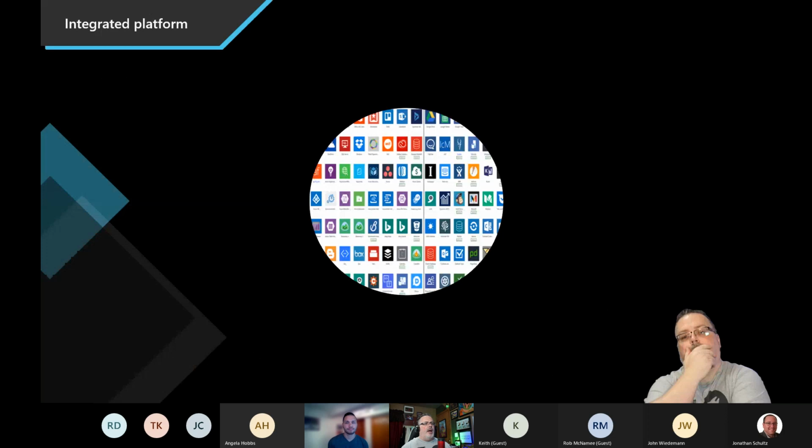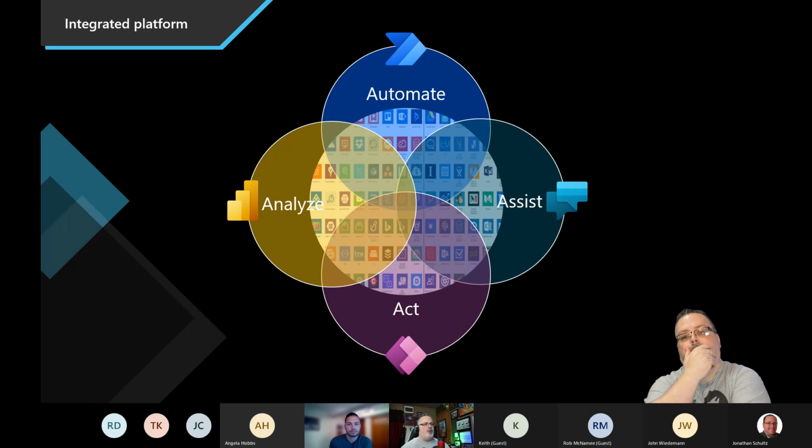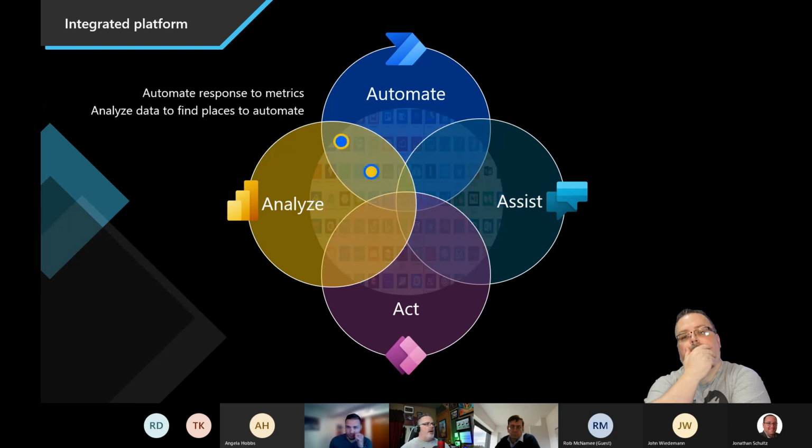All right. So as we look at all of these, the big key and the benefit that comes along with this platform is that it is integrated. Each of these tools is brought to a common platform where it's easy to integrate them. It's easy to automate your analysis and bring things together.